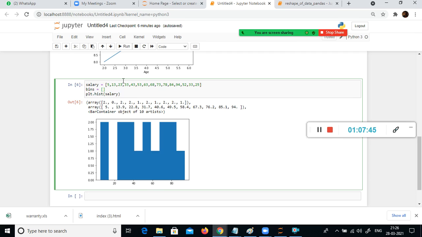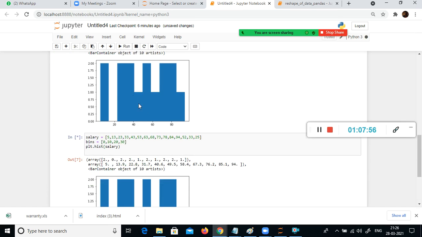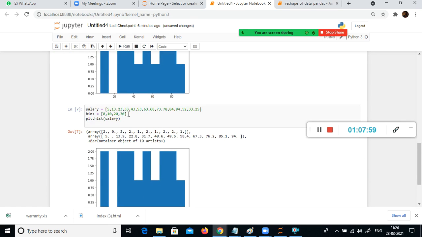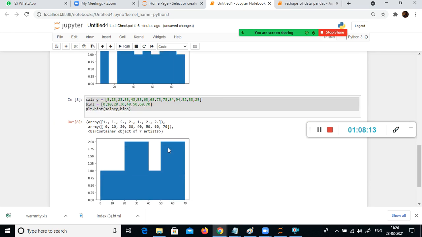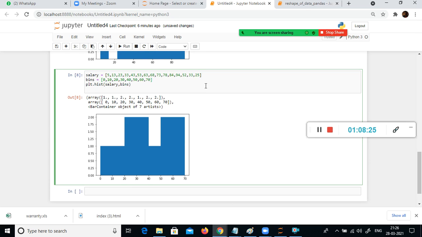Instead of using the default bin value, I specify 0, 10, 20, 30, 40, 50, 60, 70, with the bins argument. So 0 to 10, each bin's interval is 10. You can specify the bin values explicitly like this.